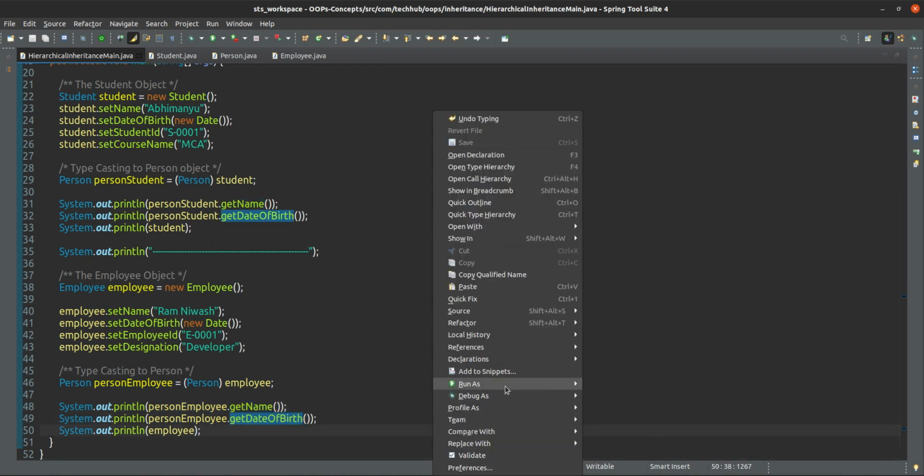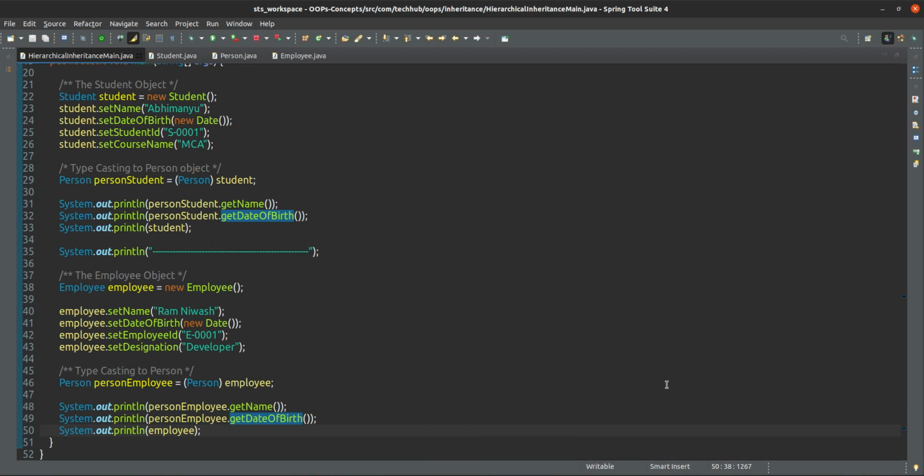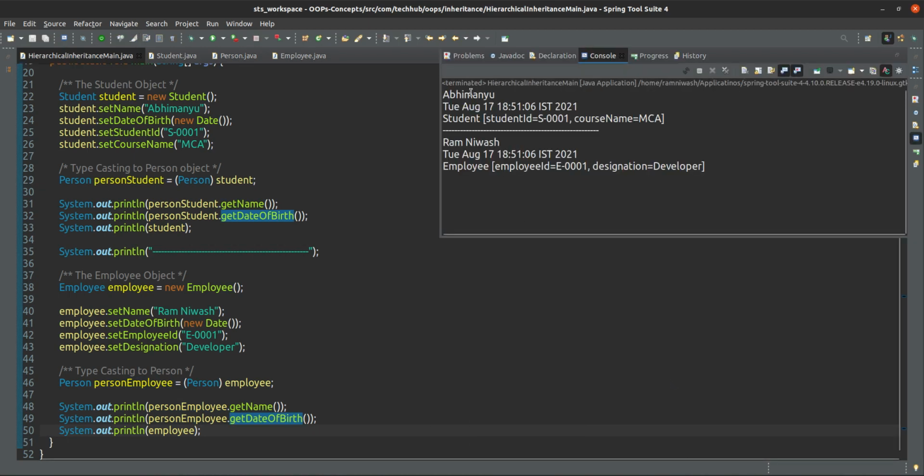If you see the output of that one, you will observe it is now printing Abhimanyu. This is from student: date of birth, student ID, and student course. But here you see employee name, employee date of birth, and employee details, employee ID and designation, and here student ID and student name.